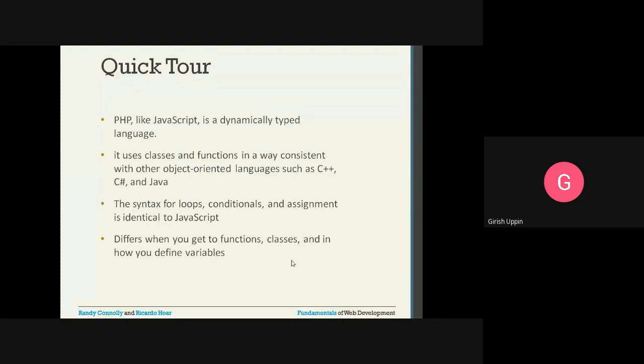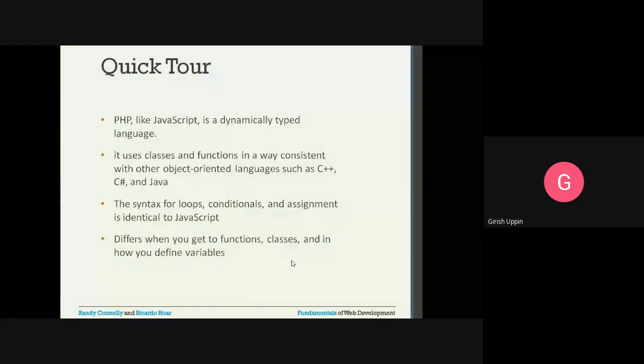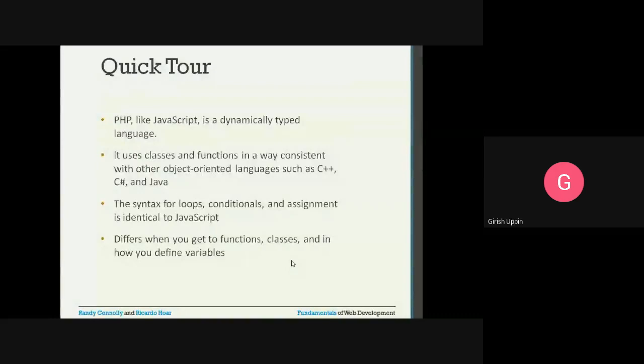It uses classes and functions in a way consistent with other object-oriented languages such as C++, C Sharp, and Java. So the usage of the classes is very similar. If you are familiar with Java, C++, it is very familiar. You can correlate with that, and you can easily understand. The syntax for the loops, conditionals, and assignment is identical to JavaScript.